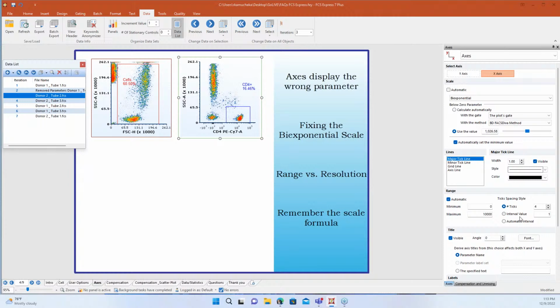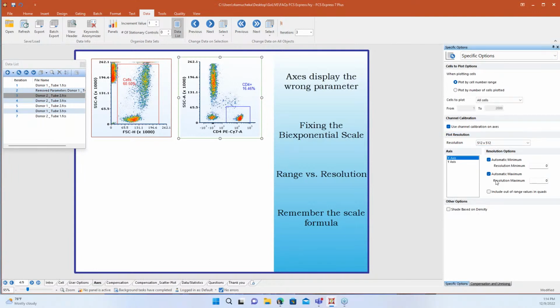If you see that, what's happening is whenever we bring data into a plot to display it, we do what's called binning. So we have little bins where all the events go, and we create little sections so we know how to display them on a plot. Now, range can be great if you're not seeing that feature, but if I'm going to adjust the region that I'm interested in, I always recommend using resolution here. That's under our specific options, or you can right click and use a magnify resolution option, and you can do that with your axes as well. I like resolution because it does two things. It allows me to look at a specific range of data, and then it rebins that data within that range to give it a really nice presentation.